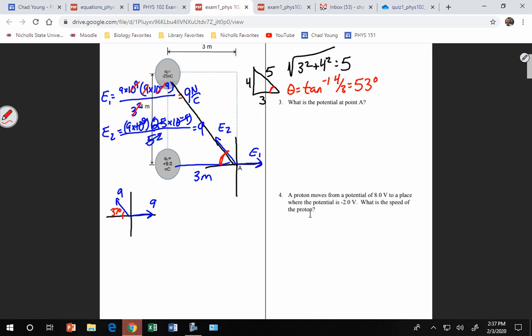Step 1, all done. Step 2, resolve the vectors. I'm going to do it on a coordinate system, so we can see it. I have 9 right here. Here I have 9 cosine 37. That's 7.18. I would say 7.2. And up here I have 9 sine of 37, which is